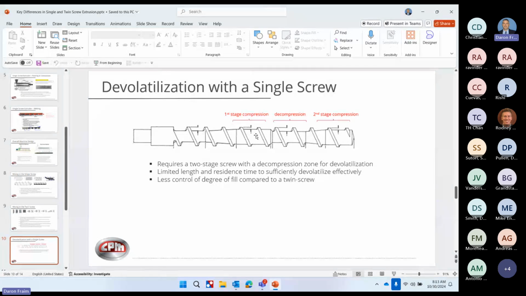But the material's compressed because you're getting reduction in clearance here. As you can see, this channel's deeper here in the feed, but it reduces as you go here. That's the first compression stage. And then you have what's called a decompression. So you go back to your flight or your height or clearance as you were in the feed section. So this is where you typically will see devol, a short section here, and then you got what's called a